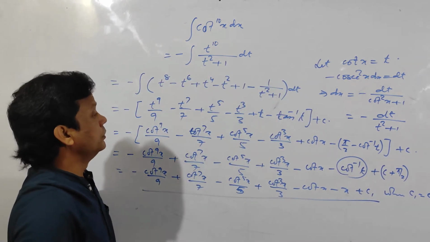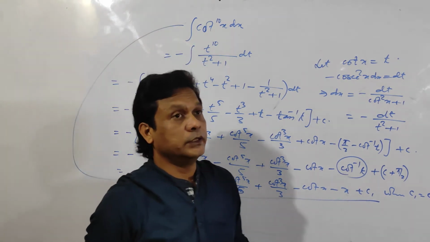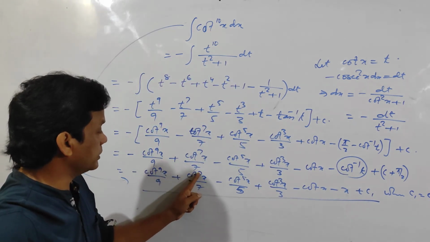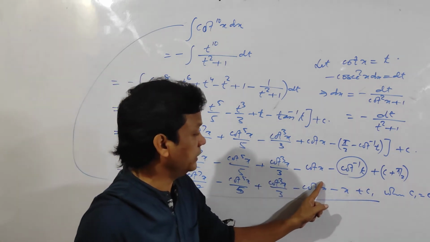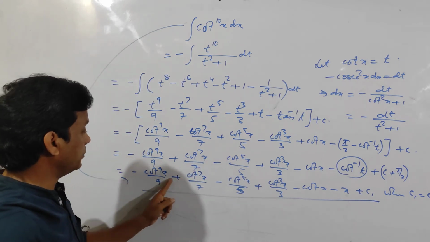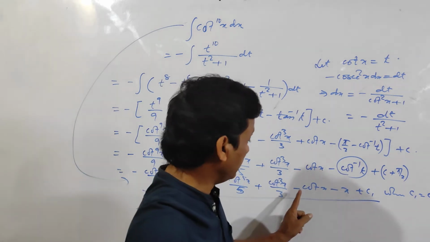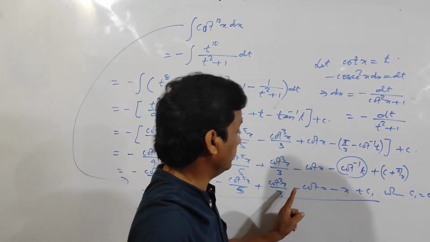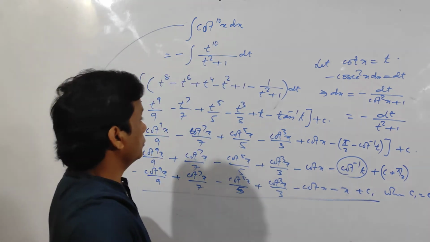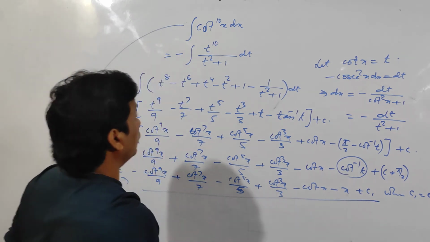Clear? So how to write directly from this line to this line? Simply 10 minus 1, same procedure. 10 minus 1 it is 9. So 9, then minus 2 7, minus 2 5, minus 2 3, then minus 2 1, then write x. But see this sign, minus plus minus plus minus, and this sign will become minus. That means same sign as that of this sign, minus 1. The last two terms will be of same sign. Clear? So now you can do the even power, and now how to do the odd powers.